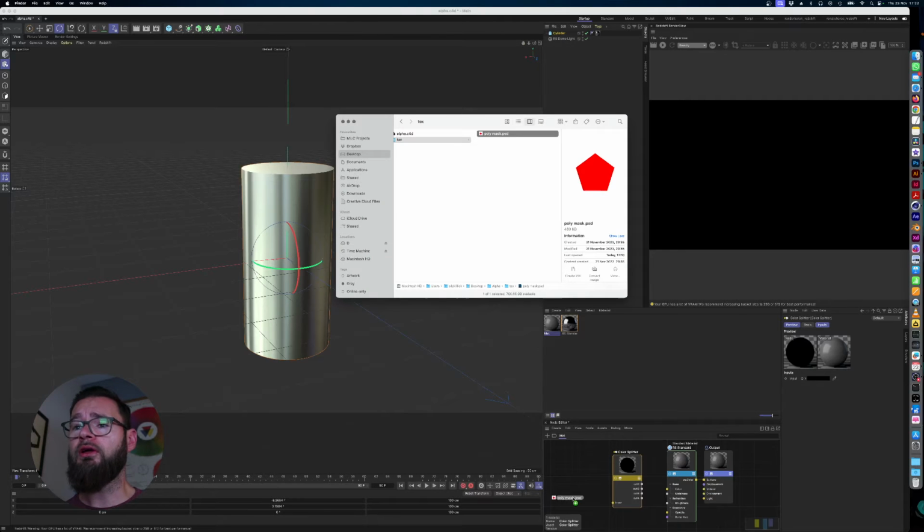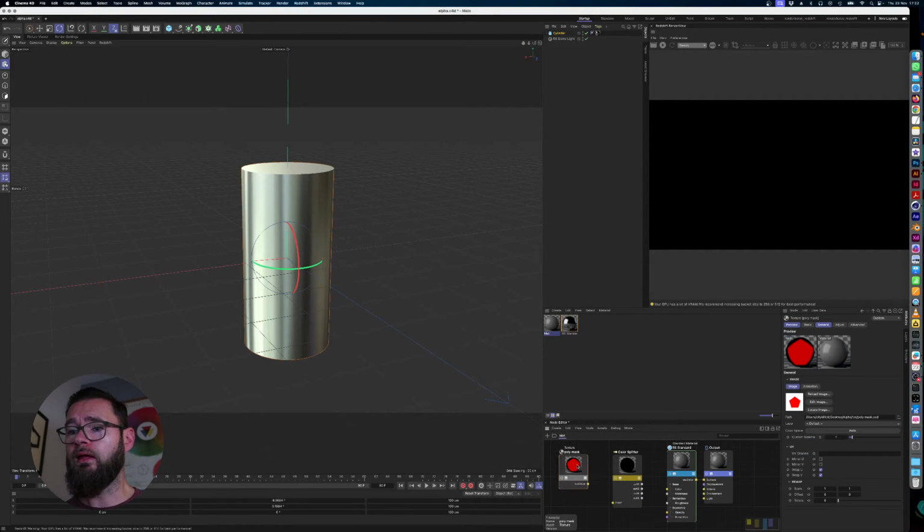So I'm just going to pop that in here, and we're going to bring the output to the input of the color splitter. And now you can see in here it's updated the material preview. And we're going to just drag from the alpha channel into the opacity channel of the Redshift standard material, and that's going to knock out that bit there for us. Now, of course,